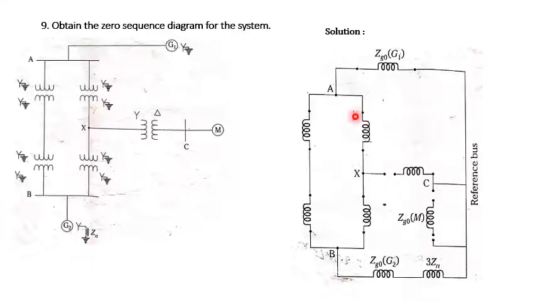This is series switch, this is again series switch, this is series switch, this is series switch, and this is series switch. Okay, so here no doubt in that. Then G3 is star grounded through a neutral reactance. So here ZG0 for the generator G2, and we have to consider it is 3 times Zn. So here we need to close the switch. This is a series switch, that's why the current is flowing into the reference line.